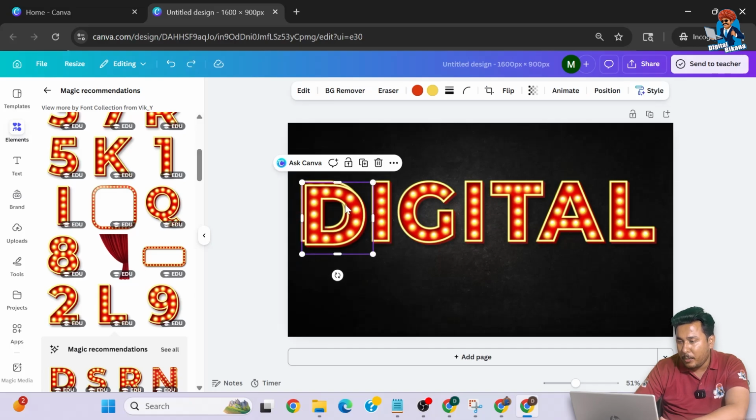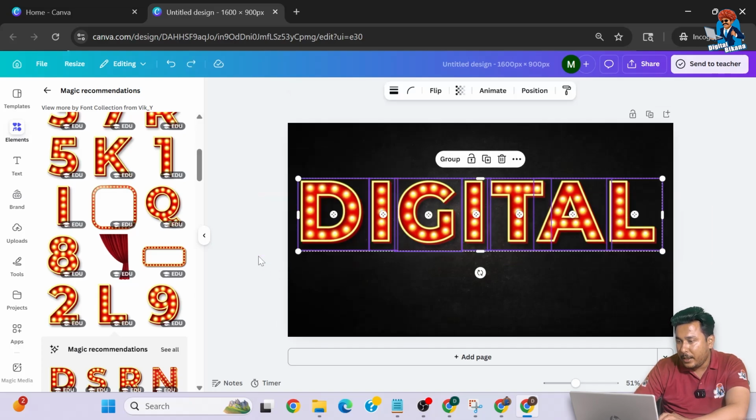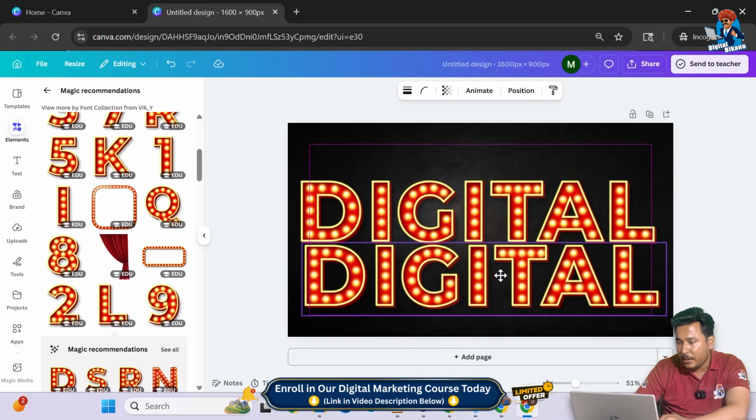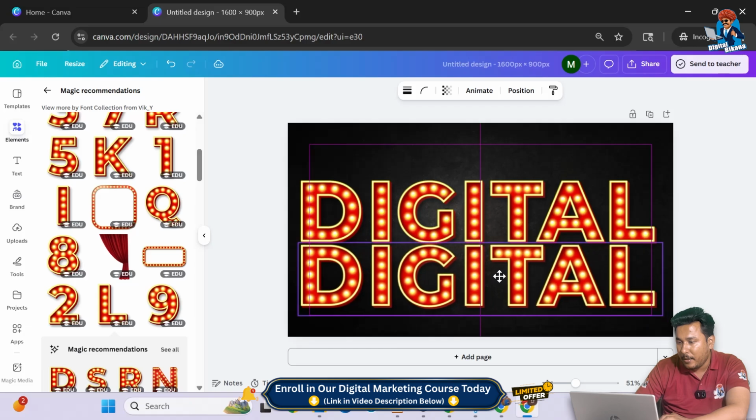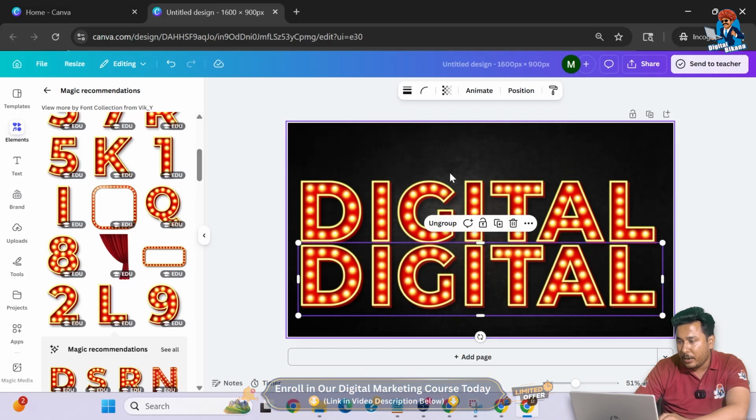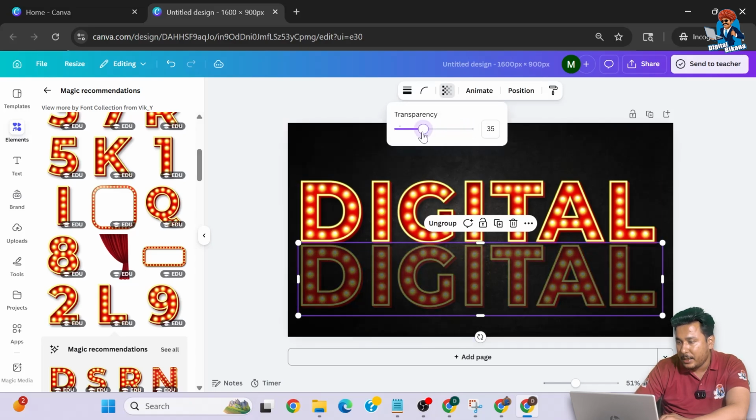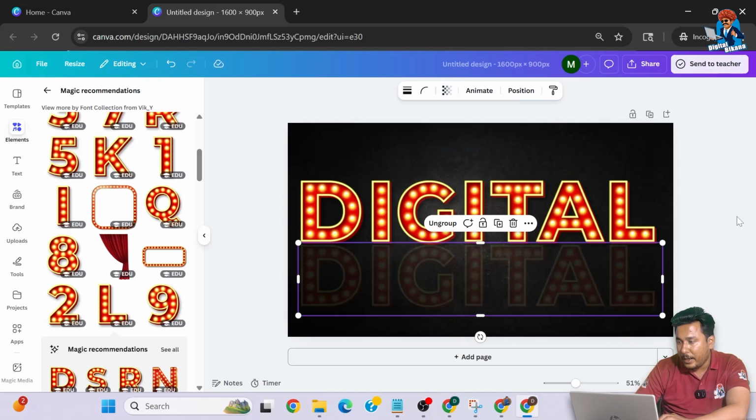So instead of duplicating each one, what I am going to do is I am going to group it, duplicate it, and then we are just going to decrease the transparency first, right? Now we are going to